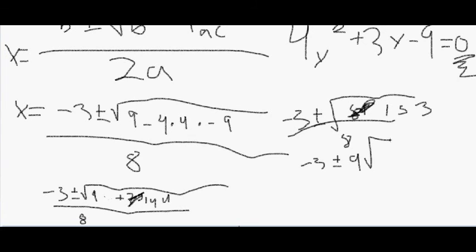So that gives us, oh, excuse me, a set of 3 you can take out of it. So that gives us this. Okay, over 8. So that's your answer. So the answer is x equals negative 3 plus minus 3 times the square root of 17 over 8. Alright, so that's how you would do the quadratic formula. That was kind of rushed, but this should be only a review. So let me give an example of 72 and